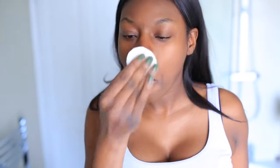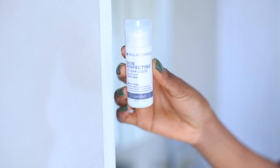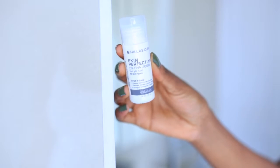The next step is now to treat, and treatment is basically two-part. The first part of treatment is basically using something that contains salicylic acid at the right percentage. 2% is really good, but also it should be at the right pH. I love Paula's Choice. I love their salicylic acid based products and their glycolic acid based products, which are absolutely amazing because I know that they're at the right pH. I know there's no other bad things in there, but anything with salicylic acid at the right percent is going